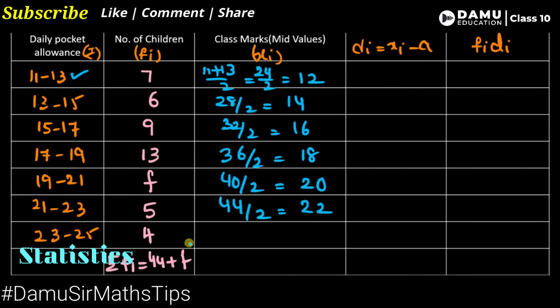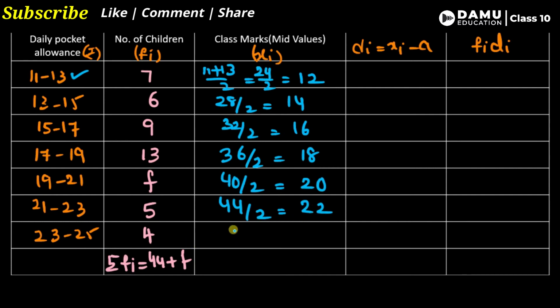Then this one, 48: we get 48 by 2, 2 2s are, then 2 4s are. These are the middle values. Then let's consider the assumed mean. Let's take the assumed mean as any value here. Let's take the assumed mean from the middle, leaving 3 values above and 3 values below. Let's take the middle value, so the assumed value is 18.